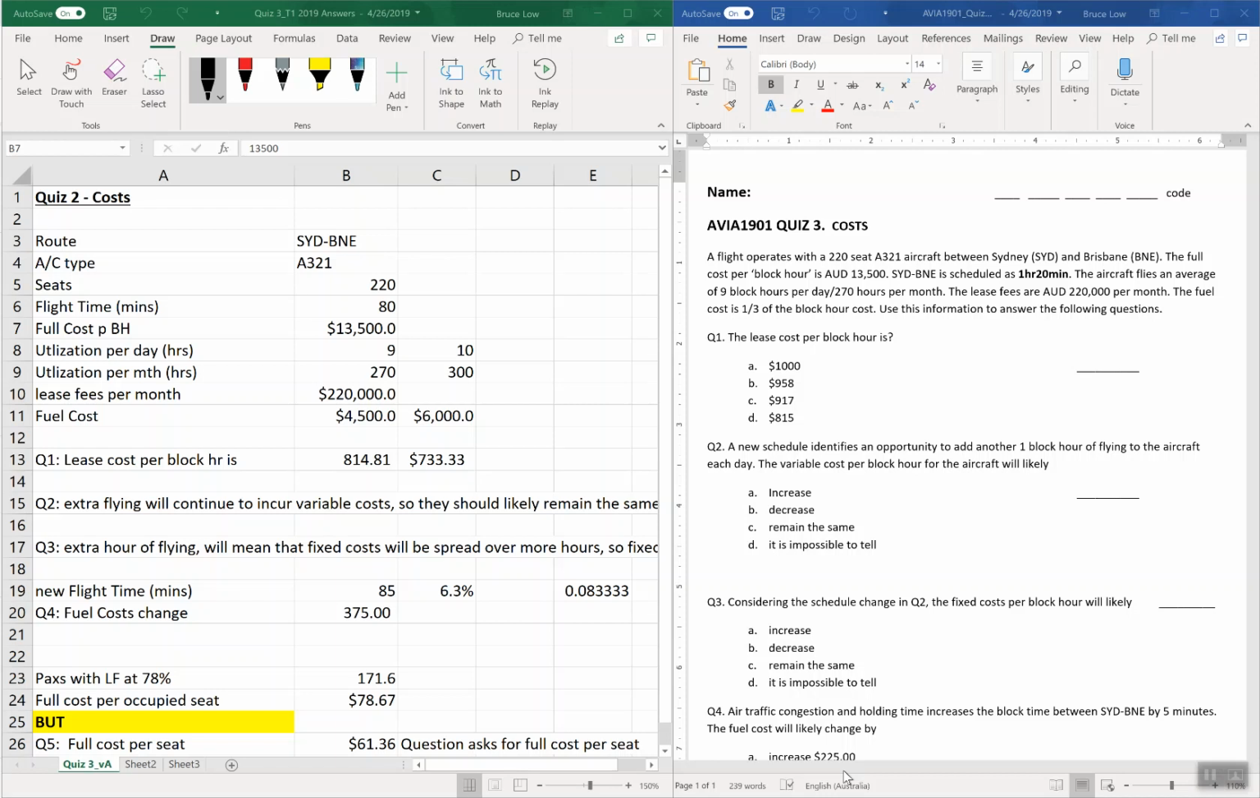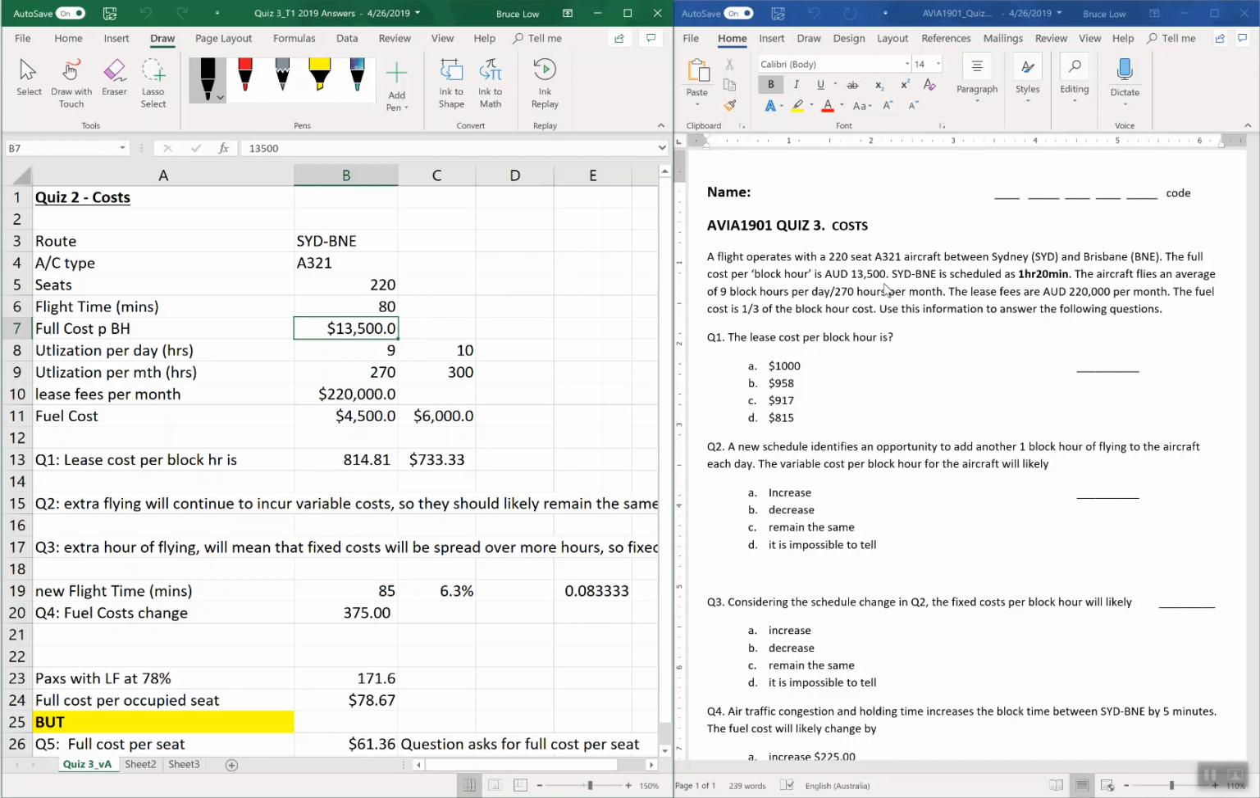All right, so let's go through the last quiz, quiz 3. We got 5 questions as usual. So the first question, or there's a bit of a preamble before. So a flight operates with a 220-seat A321 between Sydney and Brisbane, and the full cost per block hour is